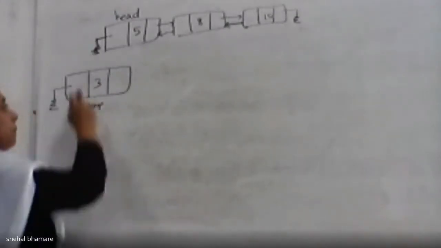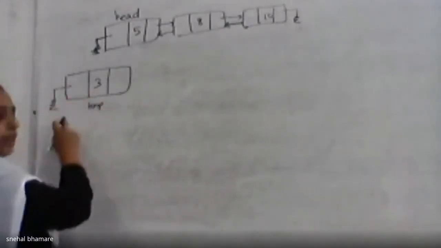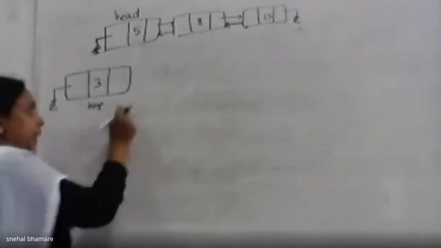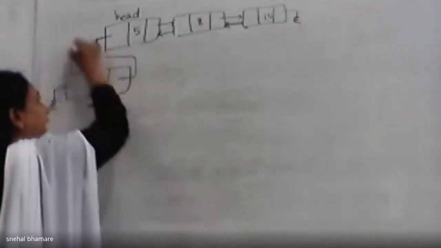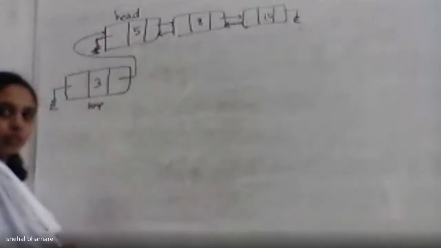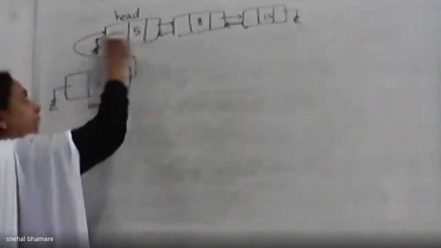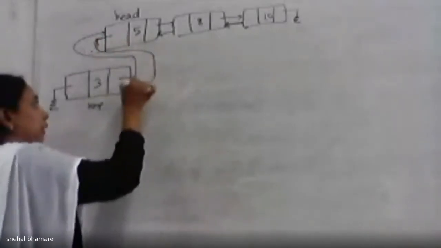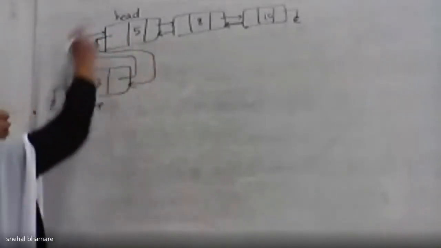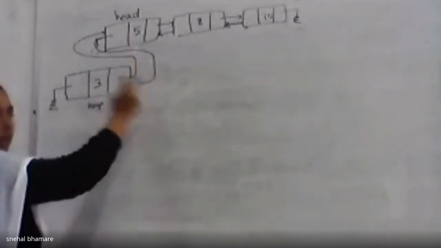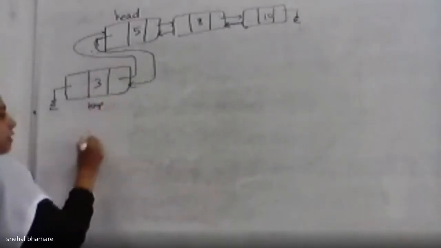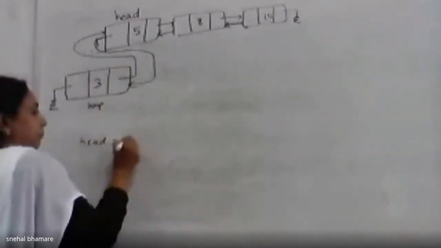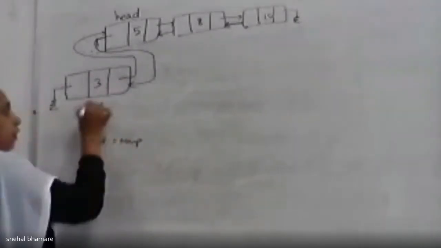Okay. Make its previous as temp previous equals to null. Now temp next is equal to head, right? And head previous is equal to temp. We have to give both the links, forward as well as the reverse link. Once the link is given, this node will come at this location and head equals to temp. Make this node as your head node.